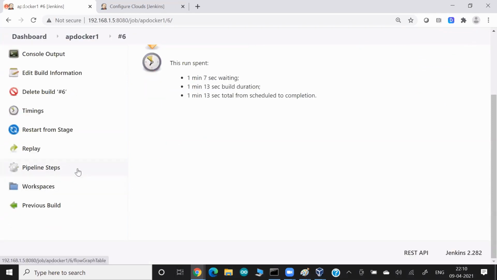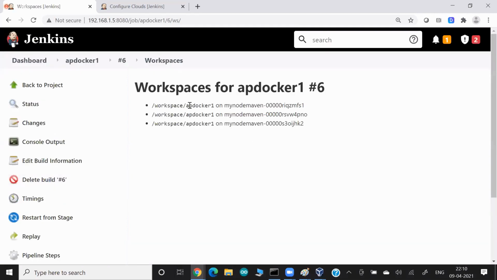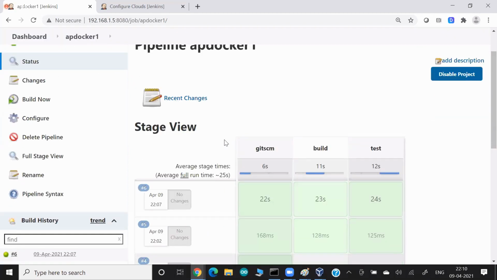Okay, and this also has the workspaces, because I launched 3 containers. Everybody has their own workspace, but I don't have anything in the workspace because none of the data we have downloaded. Okay, so that's how it works, guys. Now let's do some more things here. Okay, so now what I'm going to do here,